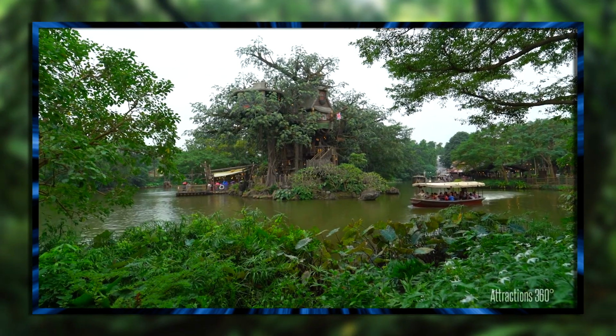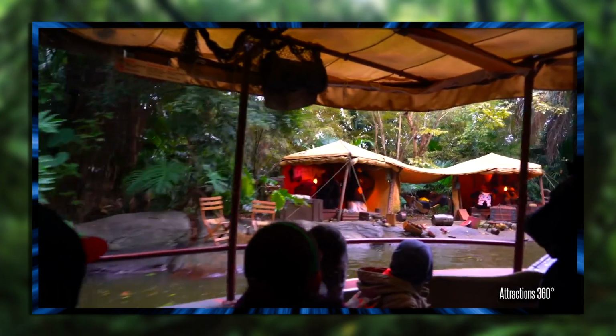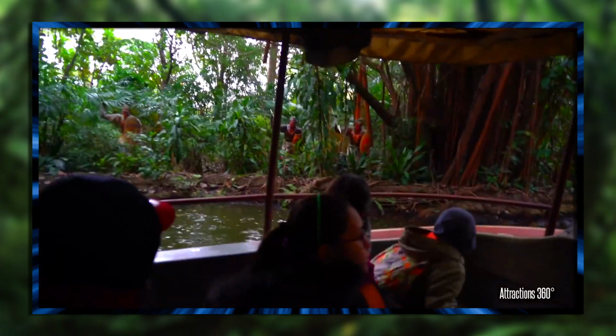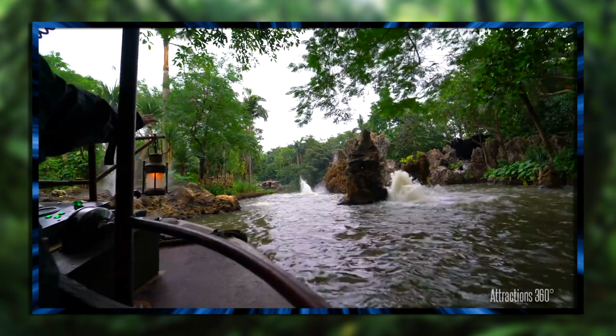You see, while there are some major differences, such as traveling around Tarzan's treehouse, most of them are pretty insignificant and it is almost identical to the other versions, except for the ending. For Hong Kong's version, while the indigenous tribes do play a part in the climax, the true finale deals with